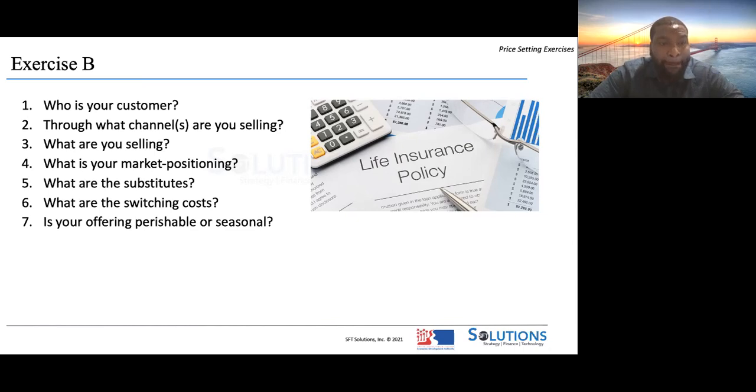Okay. What are you selling? A life insurance policy, whether it's whole life or term life insurance. I would say that you're selling peace of mind there. Oh, okay, peace of mind. Yes, I was just going to say, after you pass, your family would have the funding to cover your burial and whatever other expenses come with it.